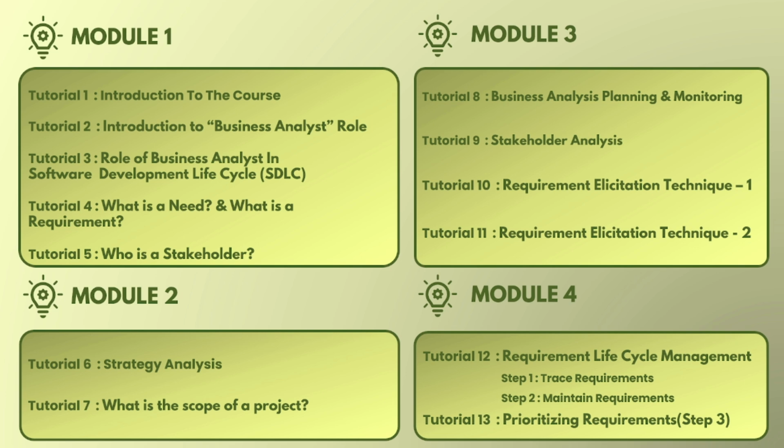Module 3 dives into business analysis planning and monitoring, which is another knowledge area of the BABOK guide, where we have explored how to plan BA work, identify stakeholders, choose the right elicitation techniques, and monitor the performance of BA activities. Now we are currently in module 4 where we have already explored requirement lifecycle management, which is another knowledge area of the BABOK guide. So far we have covered the 5 key steps involved in RLCM and discussed the first